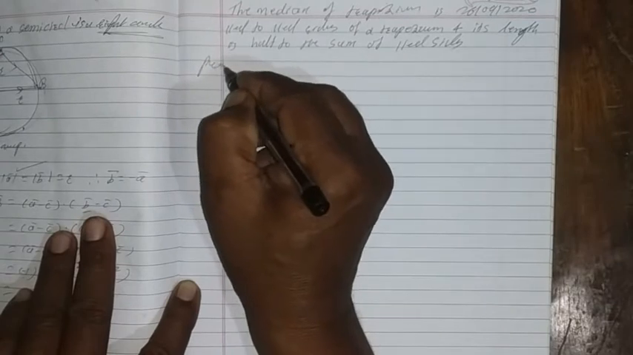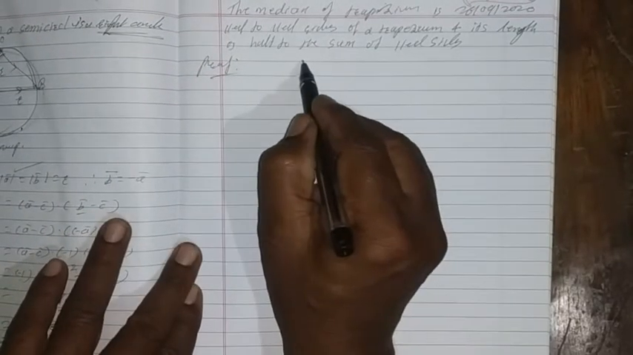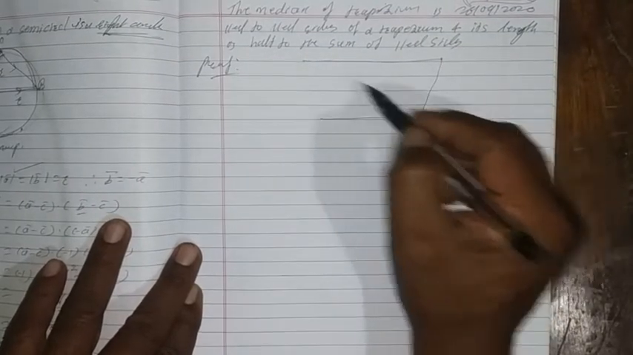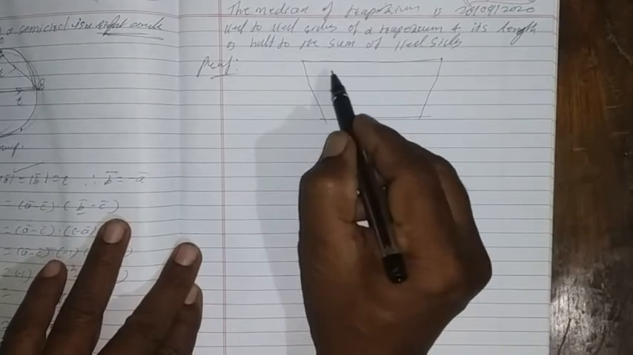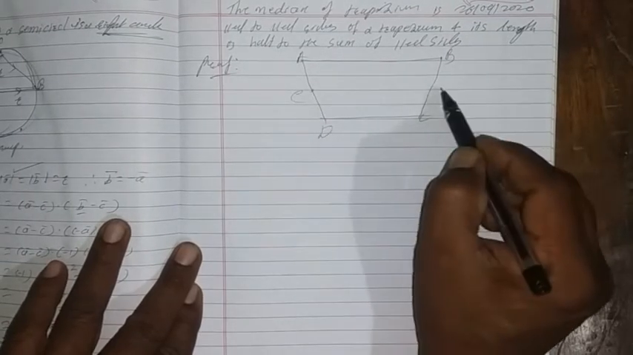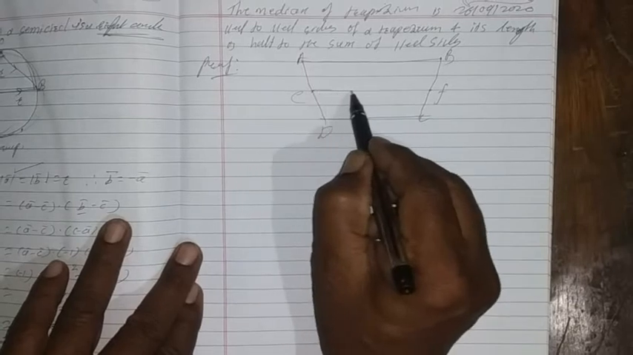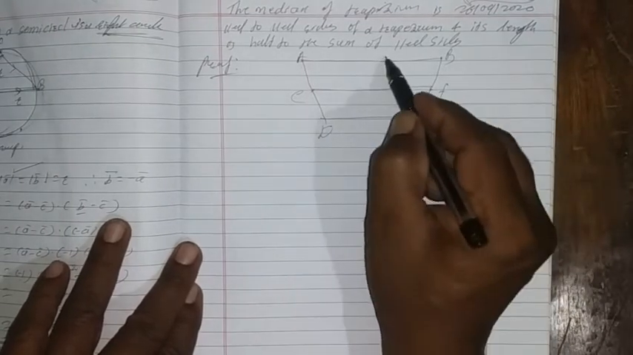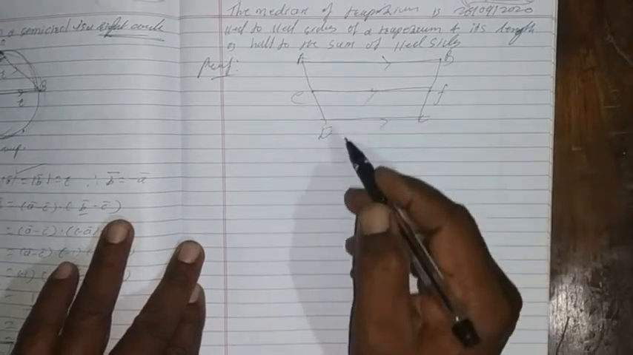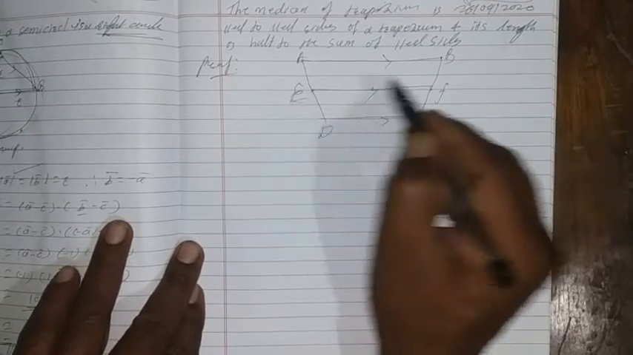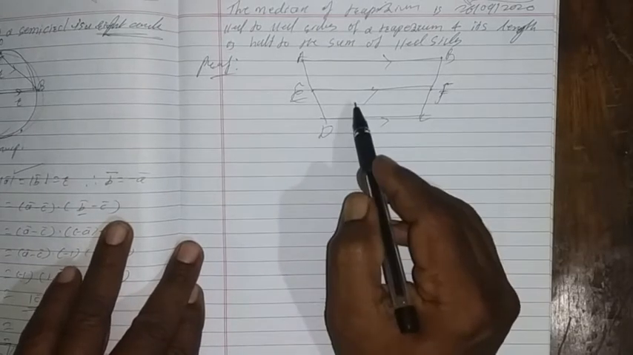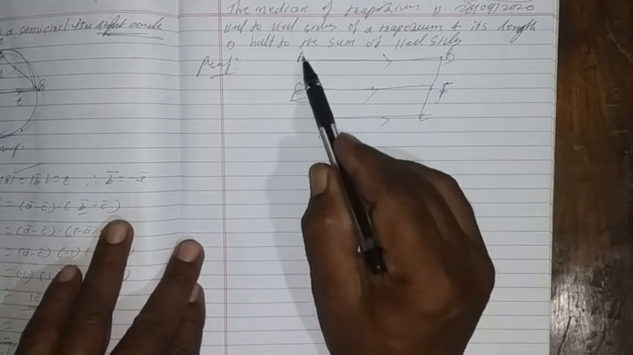To prove this, draw a trapezium. Take the midpoints of CD and BC. We have to show the diagram. In the diagram, ABCD